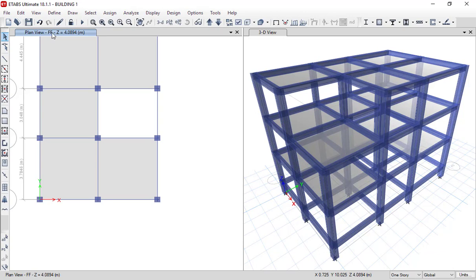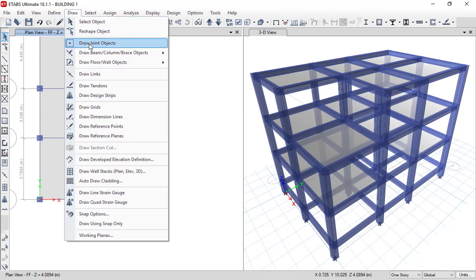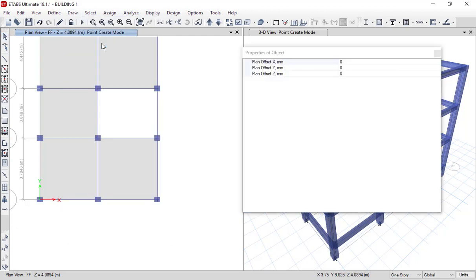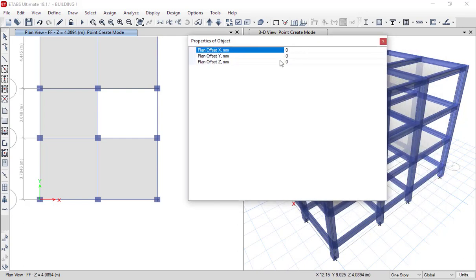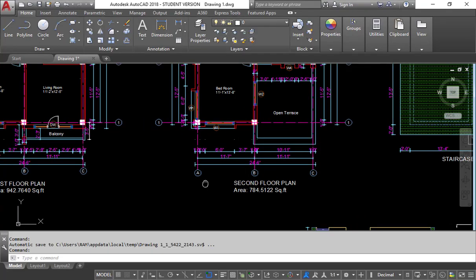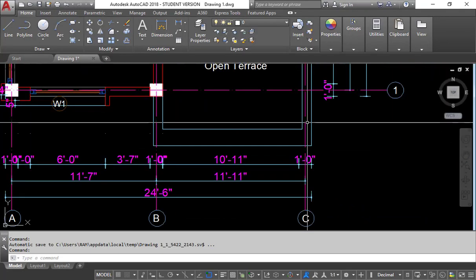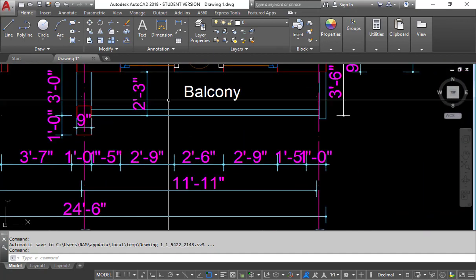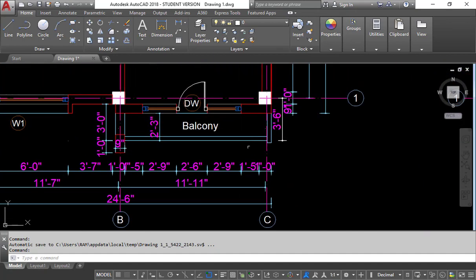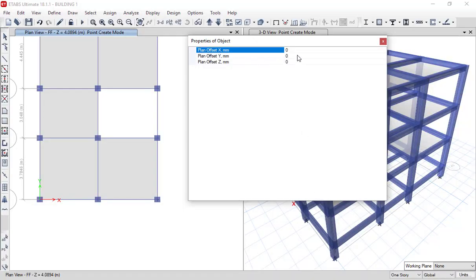Right now we are in first floor plan view, and we will go to Draw, and then to Draw Joint Objects. Now as you can see, the properties of object dialog box has been displayed. Here my distance is 3 foot 6 inch from the center of the column, but the distance here is given in mm.